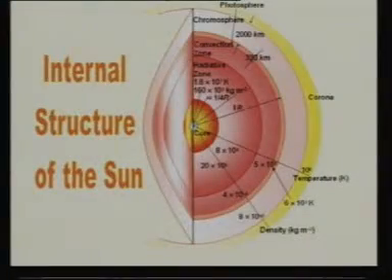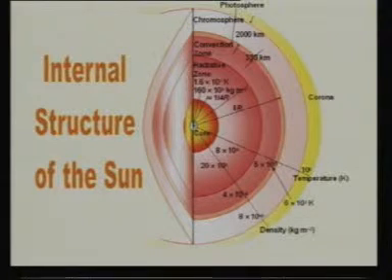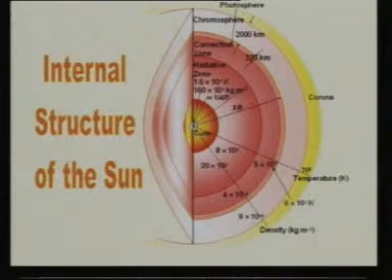In fact, there are very few observational parameters. One is the luminosity, the other is the temperature, and therefore the spectrum. And these are the two things which are checked against the predictions of the models that we build.